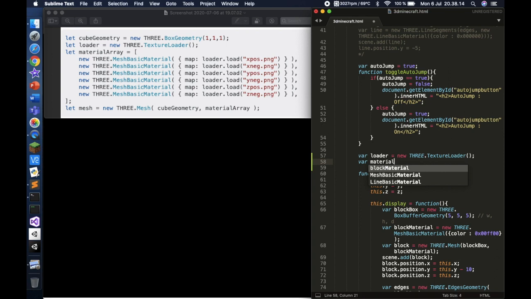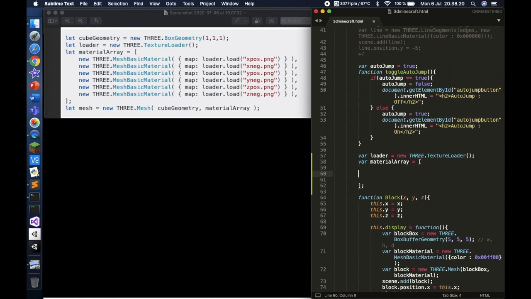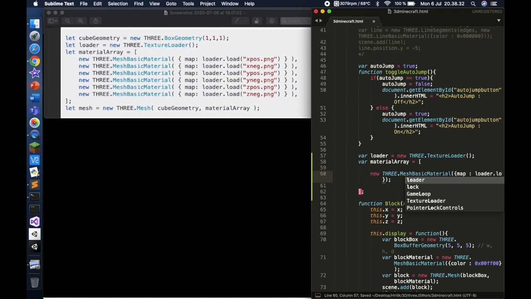Okay, but yeah, is equal to a new array. So this is an array, and then you just want a new THREE.MeshBasicMaterial. Then we have to add these things. So map. It's quite simple. Loader.load, and then the name of the